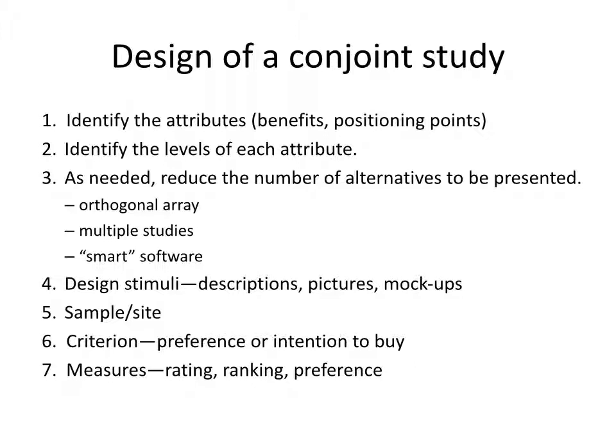So step by step, the design of a conjoint study. First step is to identify the attributes. Typically, conjoint analysis is done with attributes. It's also possible to use benefits, that is, the values that people are getting from those attributes, or more general or vague sort of positioning points. These are kind of descriptors of the product that are more general rather than objective or discrete attribute levels. Where do those attributes come from? Well, they come from